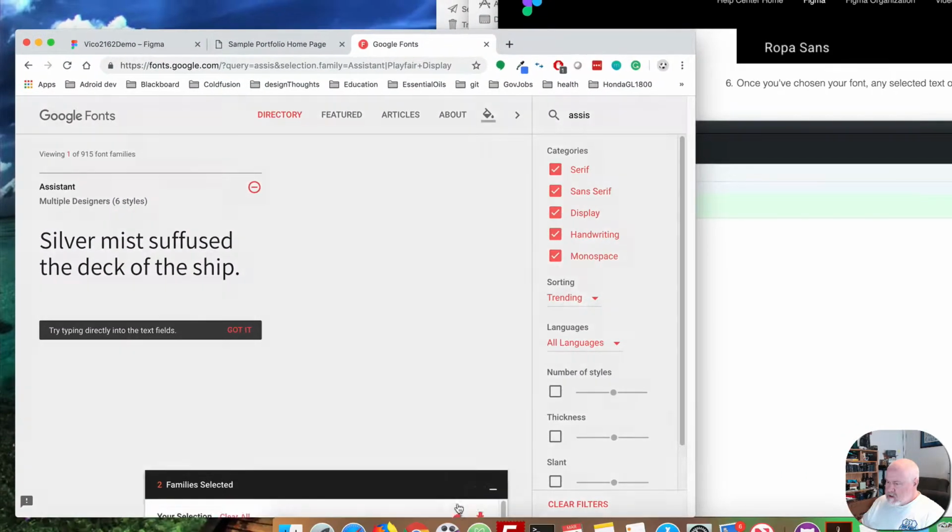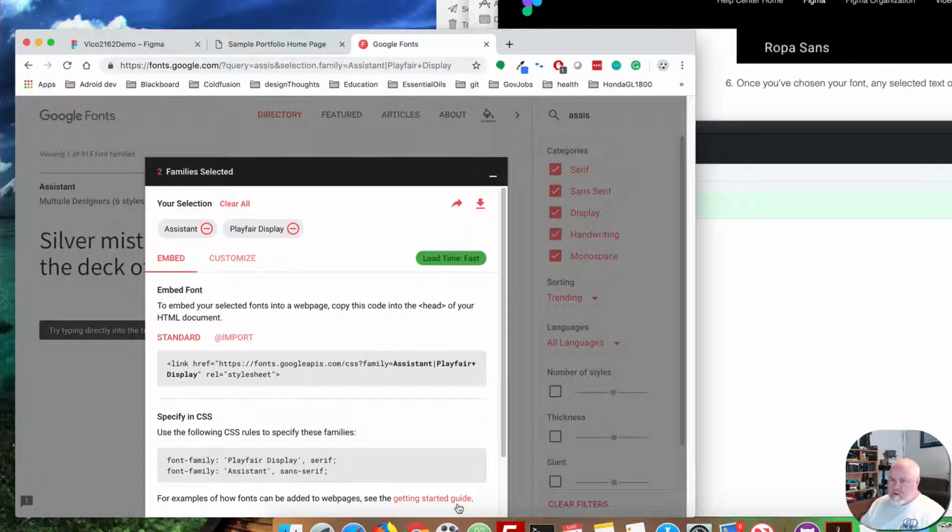When we do this, Google is nice enough to give us basically everything we need to make this happen. The first part is the link for your style sheet, or style sheets as the case may be. This is Assistant, and then a pipe sign, and then Playfair Display. Now, this is a style sheet, so it goes in our web page, in the head of our web page. So I'm going to copy this,